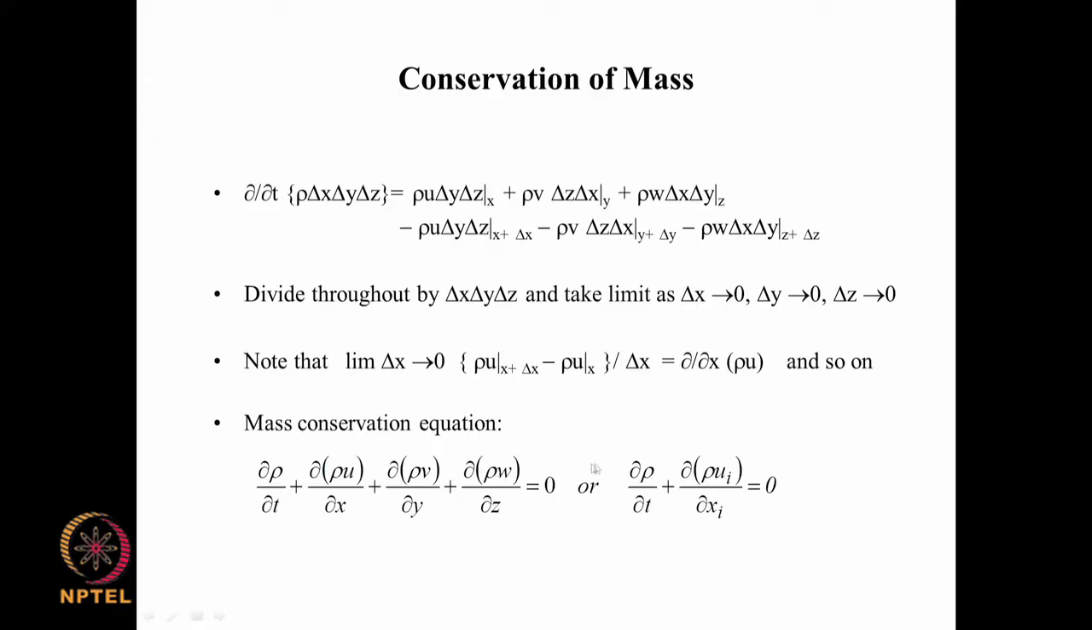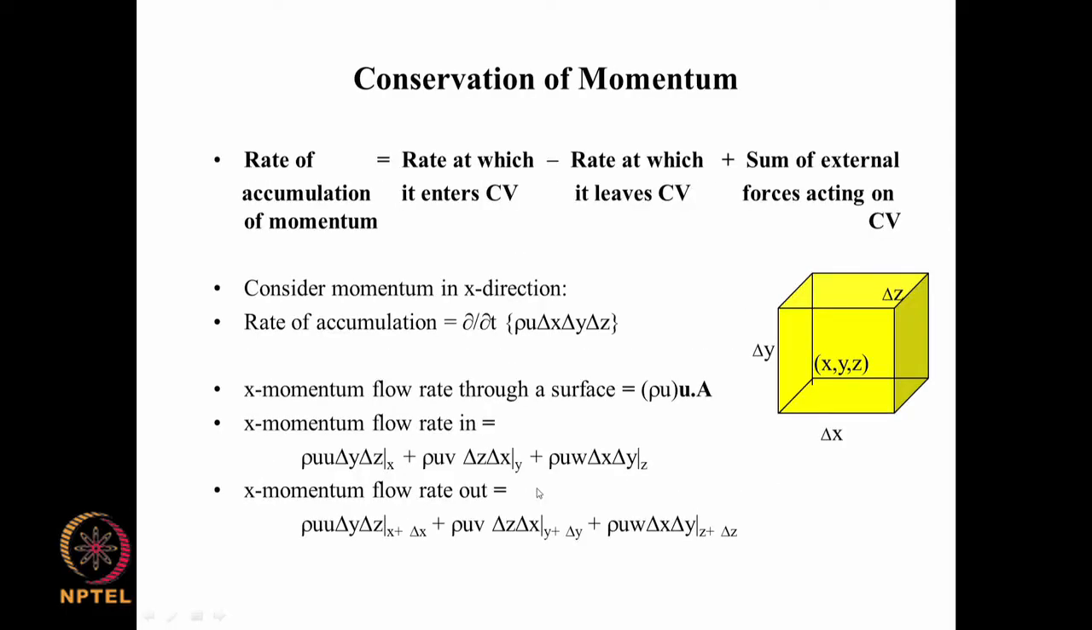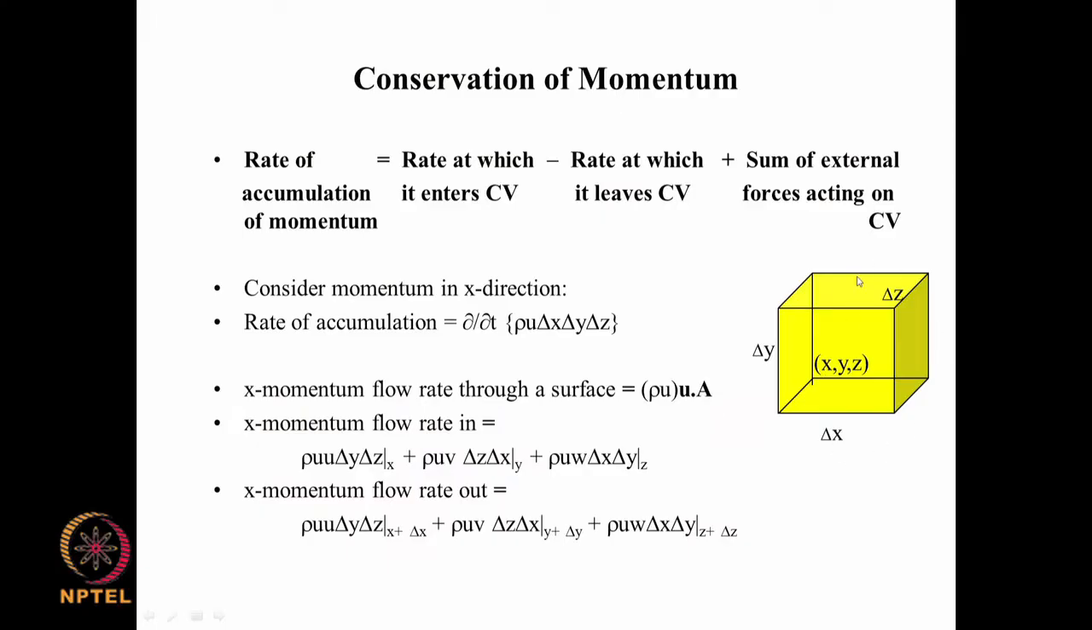With this kind of introduction, we will move to the second fundamental law, which is the conservation of momentum. Within momentum, we have linear momentum and angular momentum. You have conservation of linear momentum and conservation of angular momentum, and here we are looking at conservation of linear momentum. We can make a verbal statement of conservation of momentum, similar to what we made earlier for mass conservation: in our control volume, shown here with a box of sides delta x, delta y, delta z, the rate of